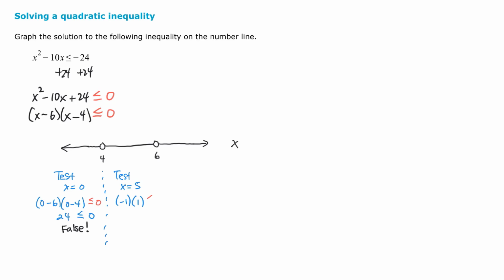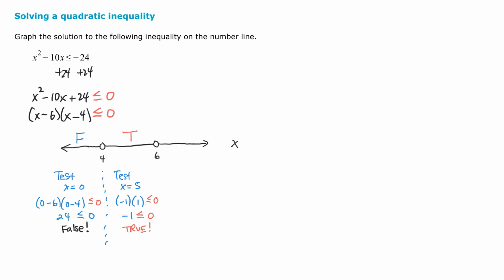Is that less than or equal to 0? Is negative 1 less than or equal to 0? That is true. And so if it's true, we do shade that. Okay? So far we have a false here, a true here,